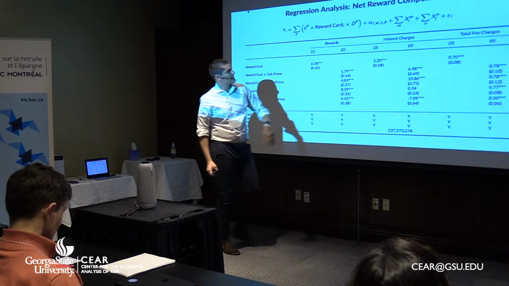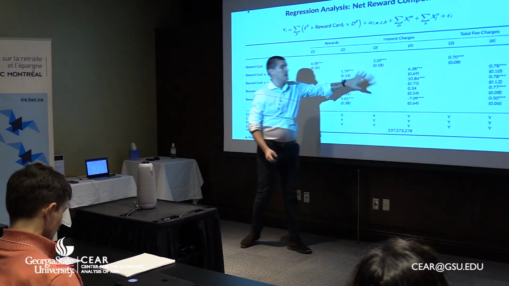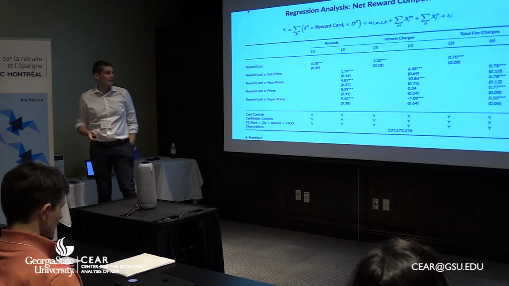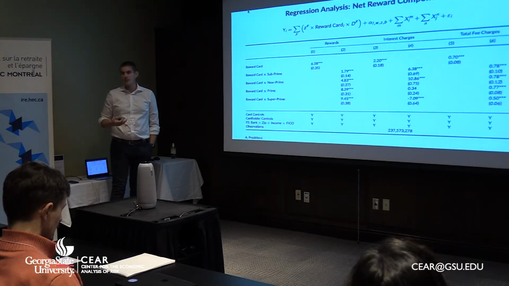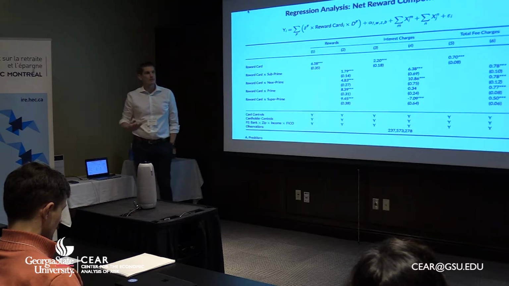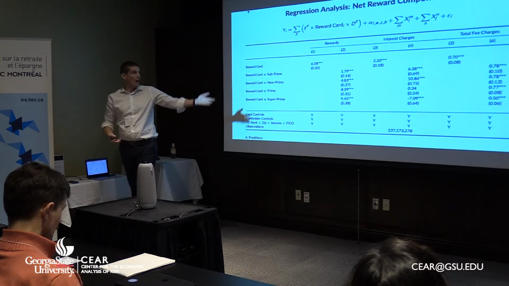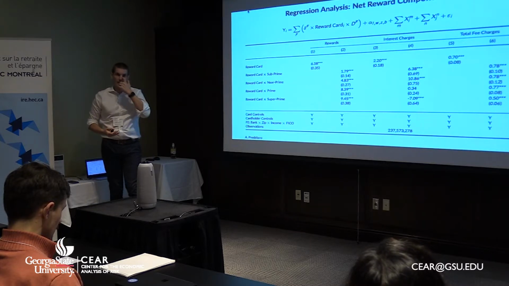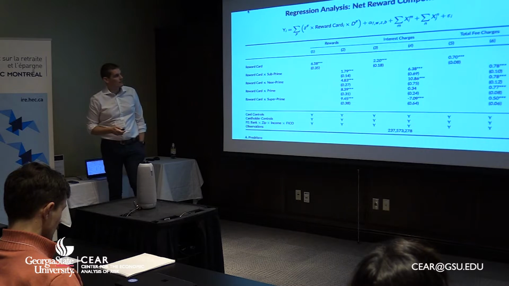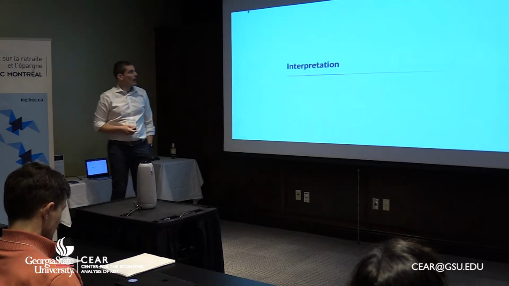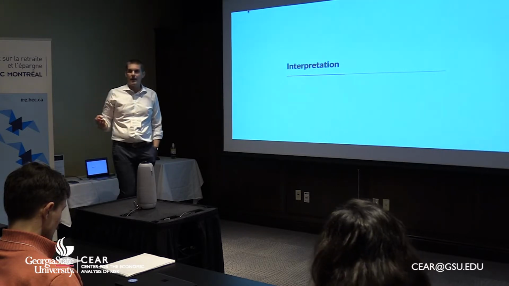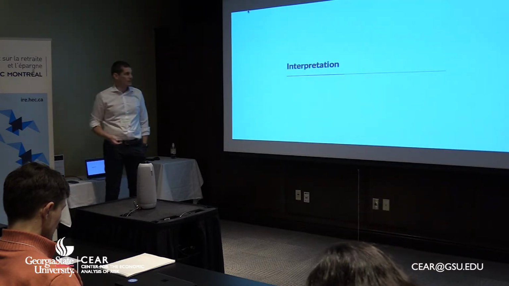But what you notice here is that the interest charges tend to be larger for the low FICO score on reward cards compared to classic cards, while this is not the case for prime and super prime guys. So these guys are spending a lot, but actually are repaying their cards, and so they don't have interest charges, while the subprime and the near prime tend to be revolvers and they pay. So this is the first piece of results that would explain our story. So how to interpret that? For now, I just talked intentionally about low and high FICO guys without attaching any label to that.